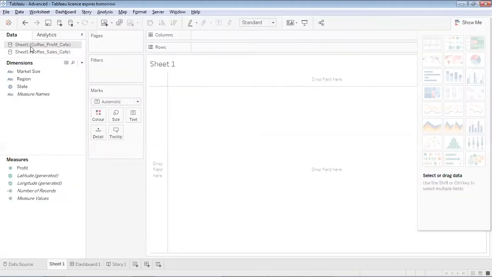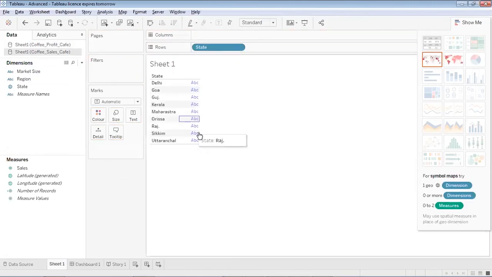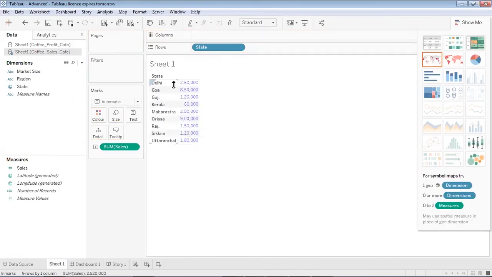Now I have got these two data sources, and if you remember, in data blending, we used to say that the data source which is fetched first acted as a primary data source and was converted into a blue tick mark. So I'll get this state field over here. I'll place it on the rows. So I've got the name of these states, and I'll be placing the sales over here. This is the state-wise sales, the value of the sales done state-wise. Now this blue tick shows that this has been considered as my primary data source.